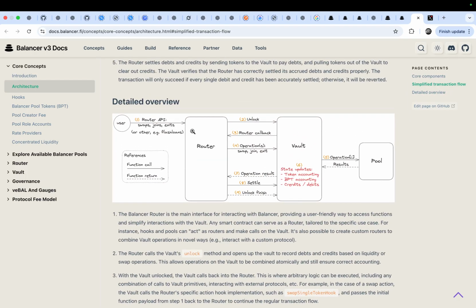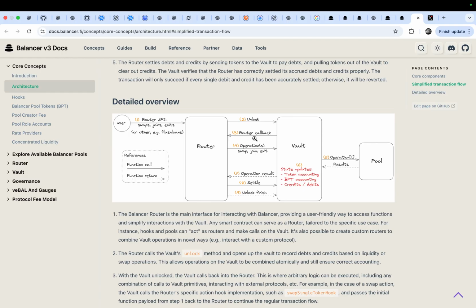This is the detailed overview. Between unlock and unlock finish, the whole process is atomic.